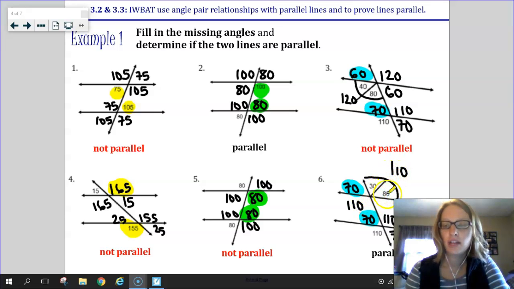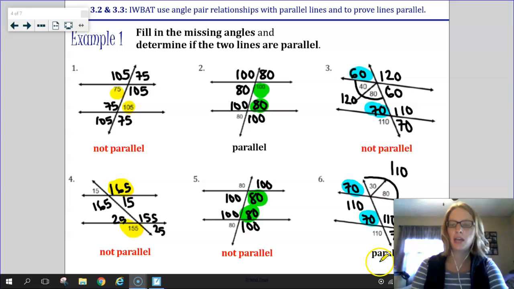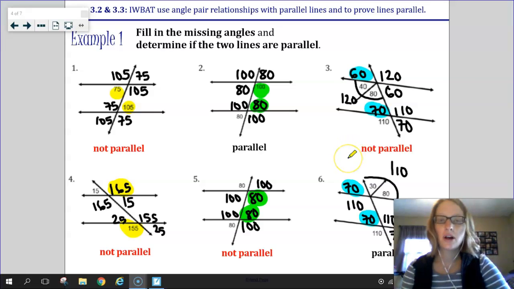I filled in all of the other missing angles and looked at one particular pair of corresponding angles which were congruent like they're supposed to be. Therefore, those lines are parallel. So these are a couple different examples where you can look and fill in different angle measures and decide, are